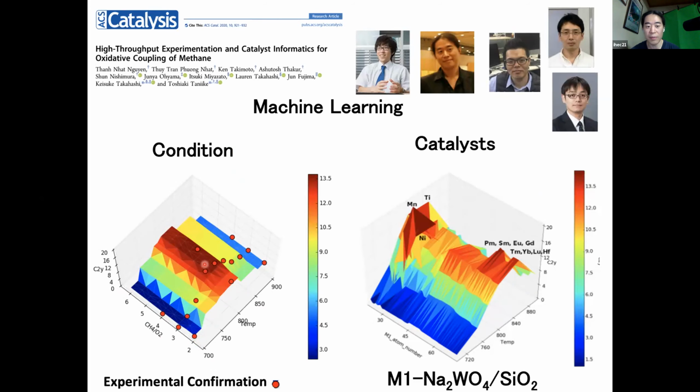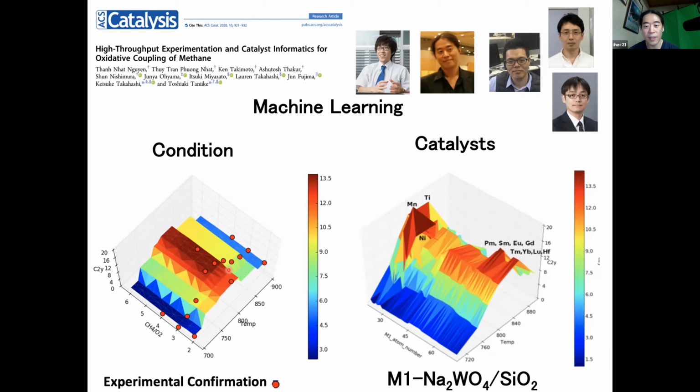So those kinds of things, normally you have to do one by one in experiment, but the machine can pretty much give you the whole answer here. So you can roughly design the experiment here. And then later on, we also tested the experiment. And as you can see, this red dot is the experimental confirmation we did. So basically, the machine prediction is supported by experimental confirmation here.